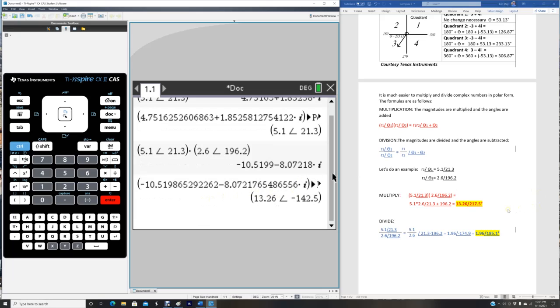You see we have over here, we have 13.26, that's exact. And then our answer, you would get if you added 360 to negative 142.5, that'll give you 217.5. Division is done the same way. I invite you to try it, and you'll see that you'll get the exact answer we have over here, 1.96 at